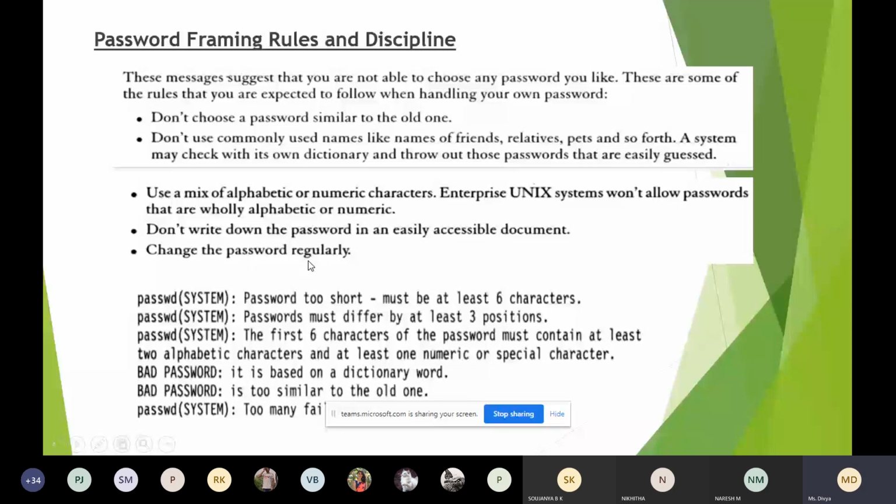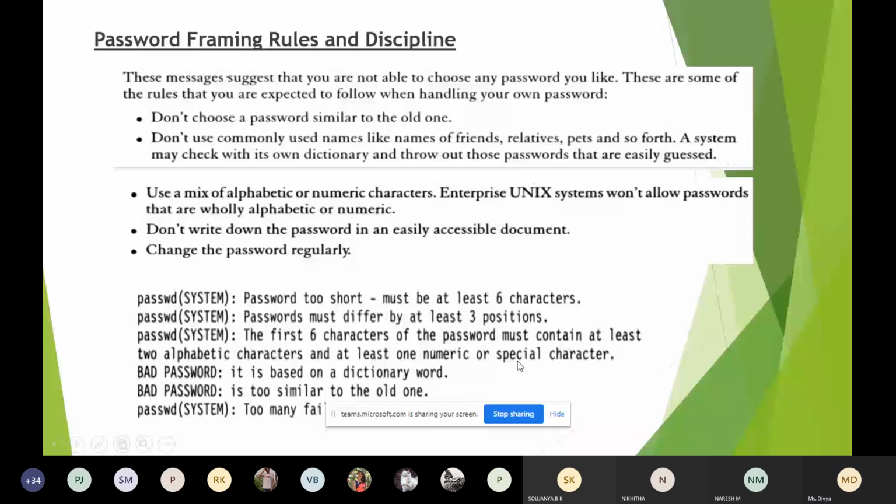Coming to the messages, there are certain messages you will get while you are changing the password. The first one is, when the password is too short, you will get this message. Password must differ by at least 3 positions. First six characters: password must contain at least 2 alphabetic characters and at least 1 numerical or special character.